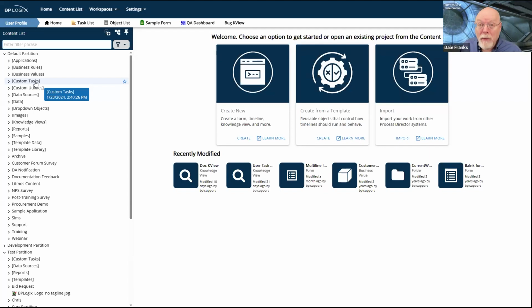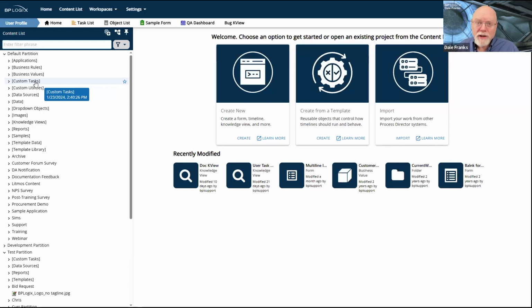The primary reason is for importing and exporting between systems. Generally, if you have the full suite of Process Director installations that we recommend, you have a development server, which is where all of your development occurs. You have a staging server where you do testing, including user testing for new applications and your general Q&A. And then you have your production server.